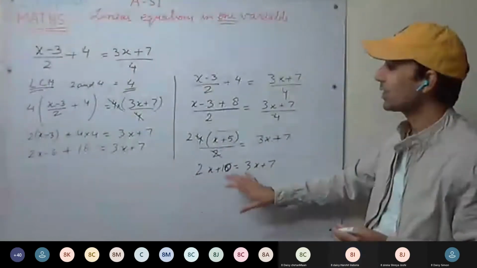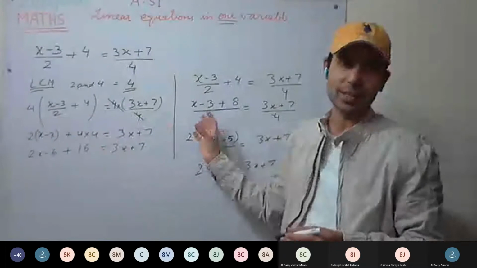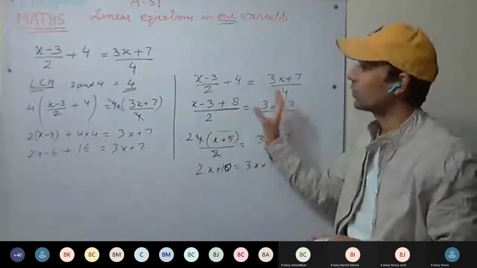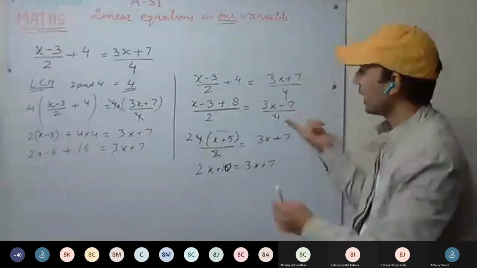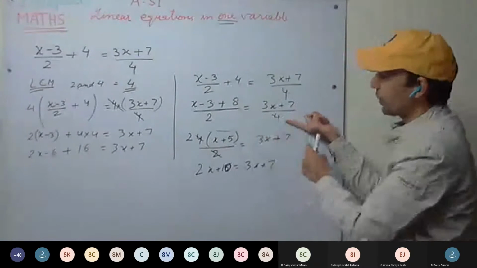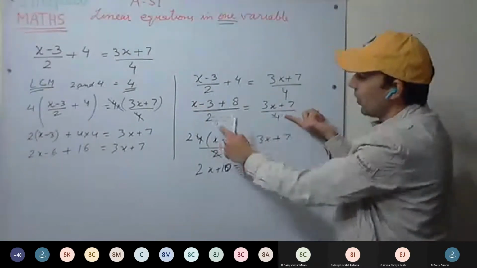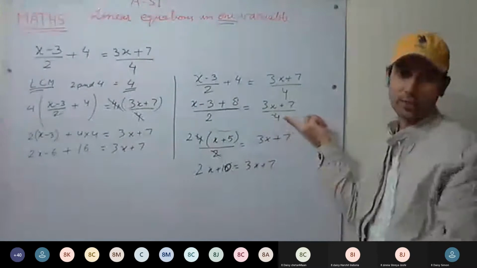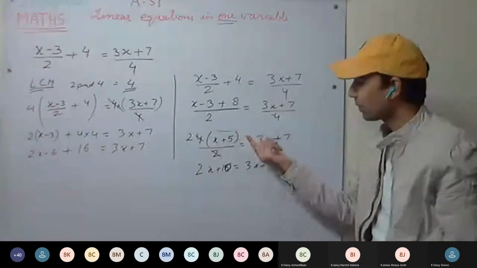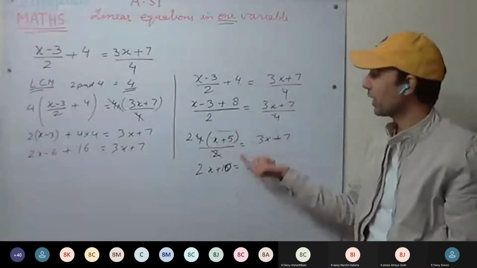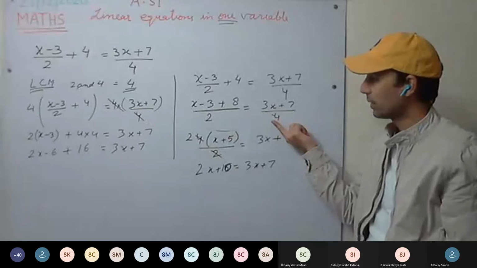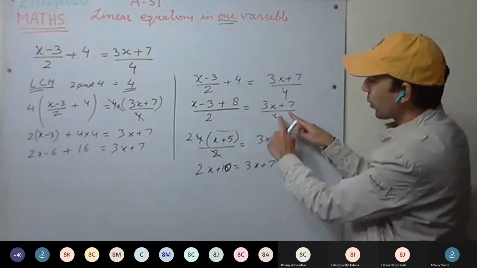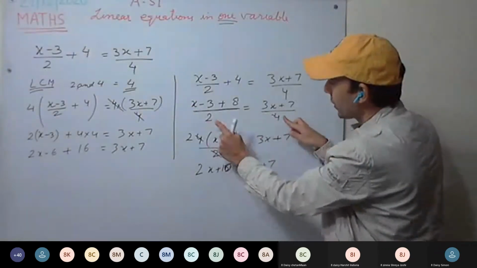See here. These methods are just based on how you do the calculations. You can use any method. Like after here, you can use any method. Either you take 4 on that side or 2 on this side. Then 2 remains. Any way you can solve them. Okay. But the answer will be the same. Any way you can solve. Okay. Either you can cross multiply here, 4 taking on that side, 2 taking.